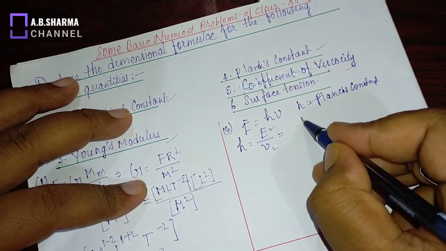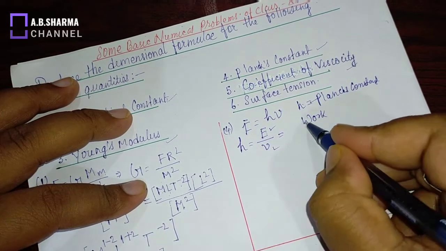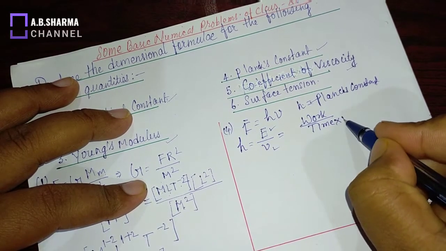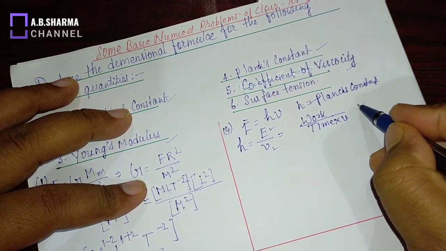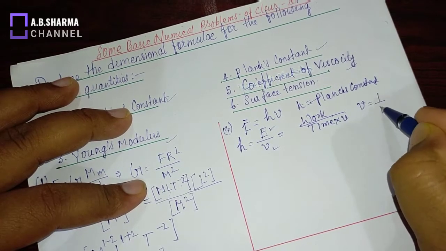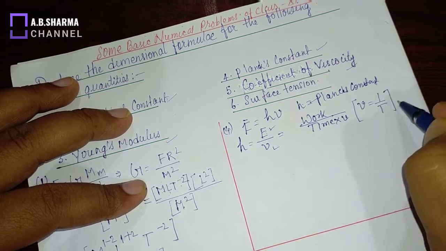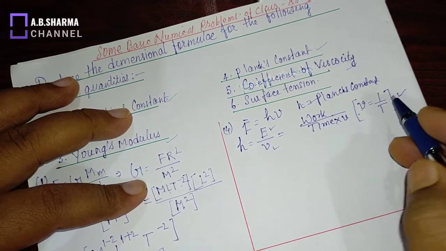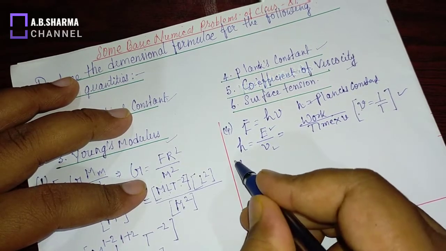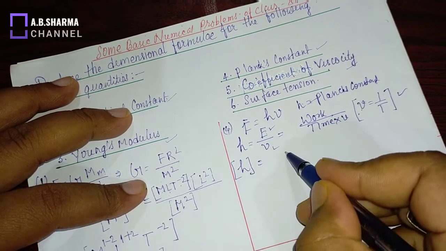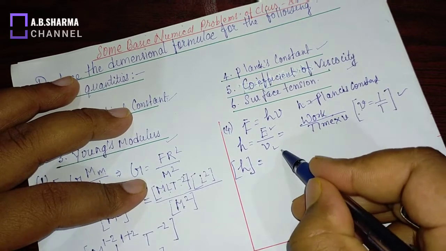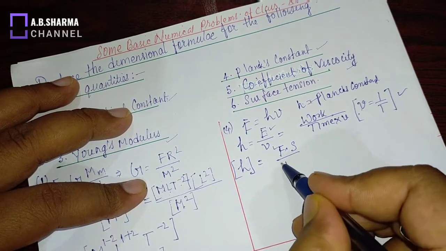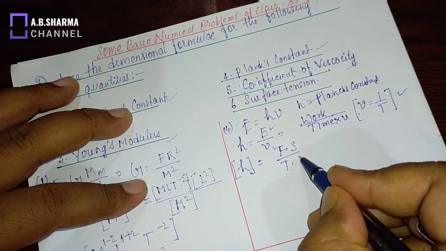Energy is equal to what? Work by time, and nu equals what? This is 1 over time period. From class 9 you know that frequency is the reciprocal of the time period. So the dimensional equation of Planck's constant equals work by time, work equals Fs, force into displacement, time into 1 over T.